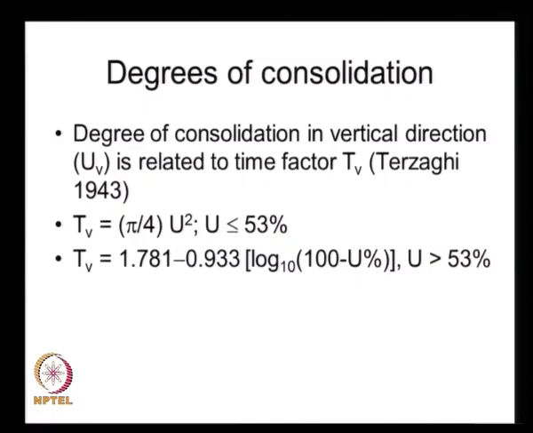There are several such equations, and one set of equations that works out very well is this, wherein the time factor is related to the degree of consolidation as pi by 4 times U square, where U is less than 53%, and if the degree of consolidation is more than 53%, the time factor is related to the degree of consolidation through this equation. So, for any given time factor,